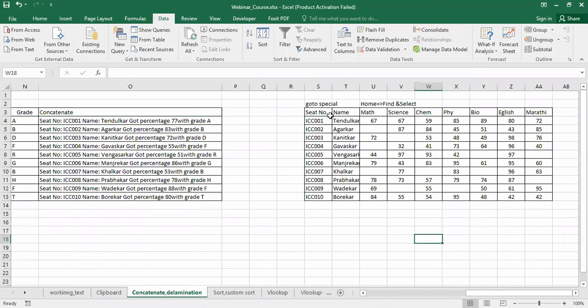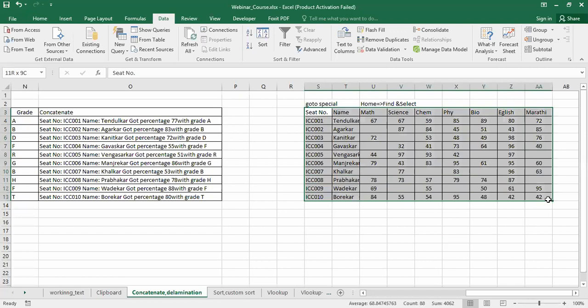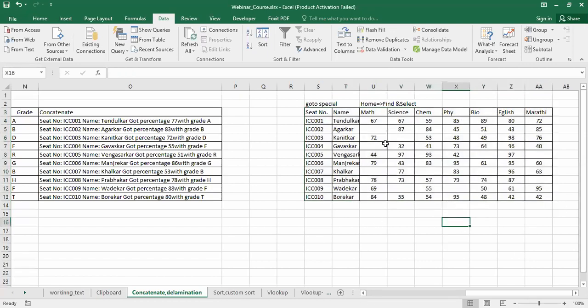Let us say we have this particular data. Now this is really very useful for all of us. In this data we can see the people have got some marks in different subjects. But some people are absent in some of the subjects. There are some cells which are with no entry, right? I want to put here either absent or nil or NA or whatever. Let us say they don't have that particular subject, so NA. I want to put here NA.